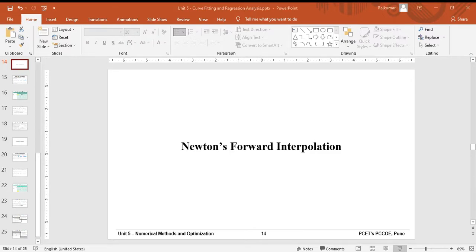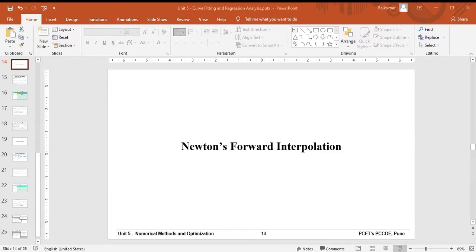Now using Newton's forward interpolation formula, you need to write down the equation up to del raised to 4 y naught, because the maximum value we have is up to del raised to 4 y naught. But we discussed in the previous slide that we can also go up to del raised to 5 y naught. So you can write the additional terms here, no problem.